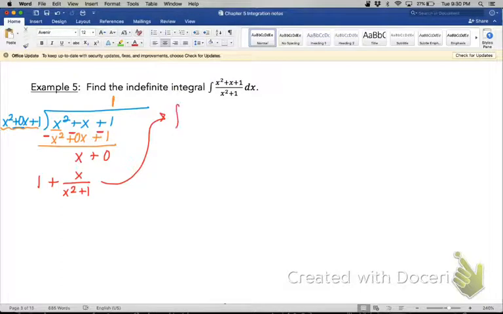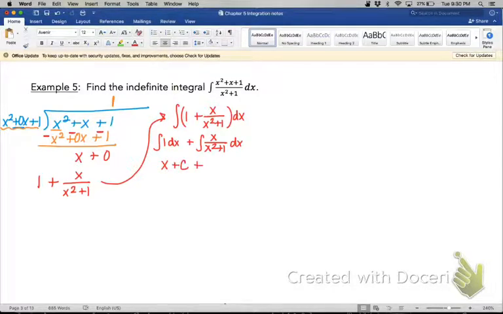But so now we can rewrite our integral as the integral of 1 plus x over x squared plus 1 dx, which we can split apart, and you may already kind of see where we're going here. This is 1 dx, or just the integral of dx without the 1, plus the integral of x over x squared plus 1 dx. Now, the integral of 1 dx is going to be x plus c,